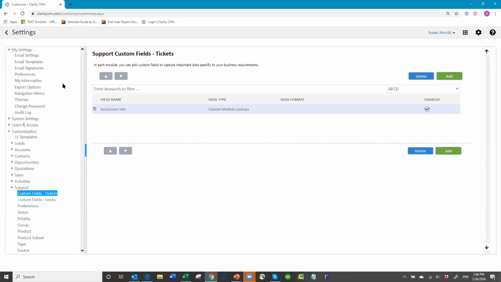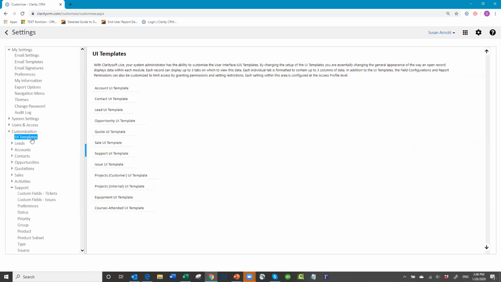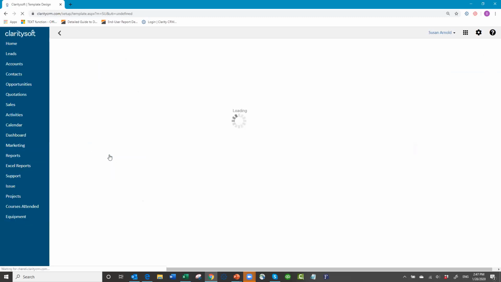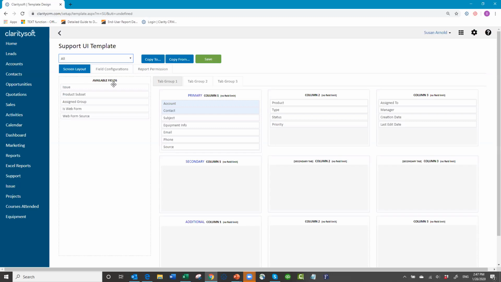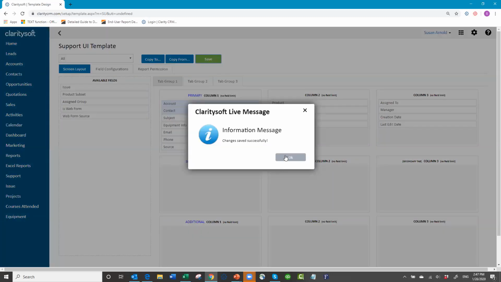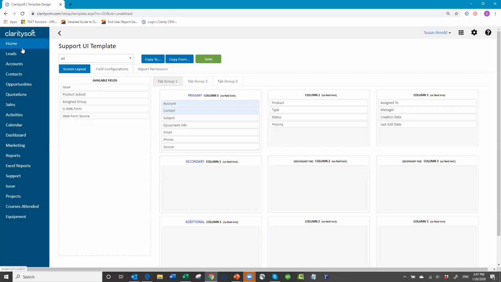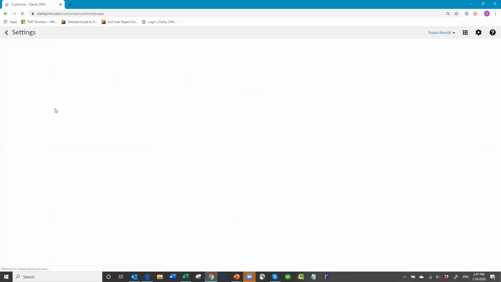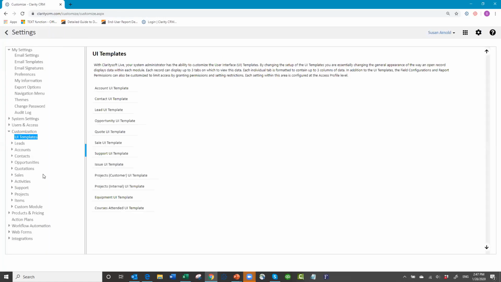So that is there. And then again, that would get added to my support UI template, which it should already be there. Just wanted to show you, because it's the same process for any fields you add. So here's equipment info right here. All right. I should not have to log out because it's already there. So I can go back, and when I go to the support module,